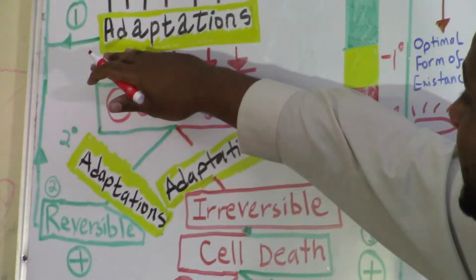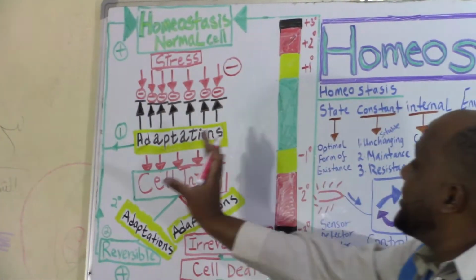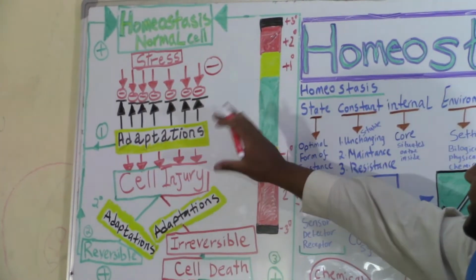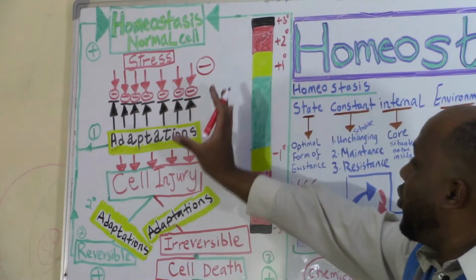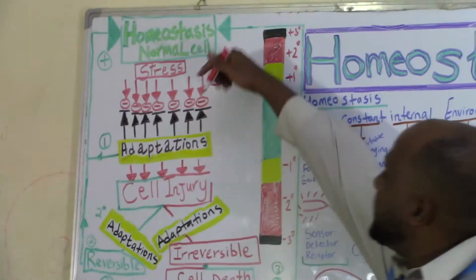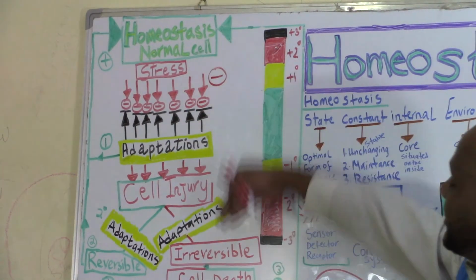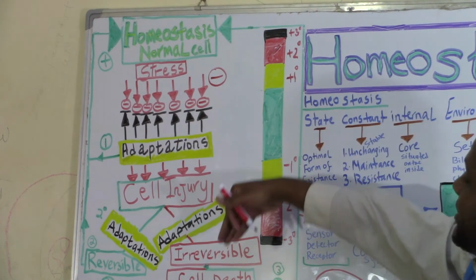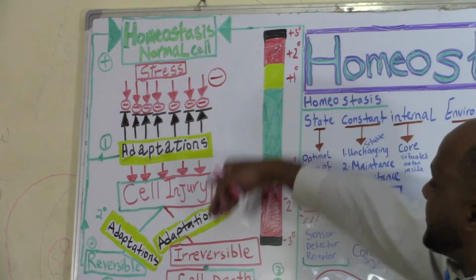Sometimes the adaptive capabilities of the cell succeed in resisting and warding them off and coping with these stressors, and the cell maintains homeostasis. But sometimes stressors, due to their duration, their sudden onset or their intensity,